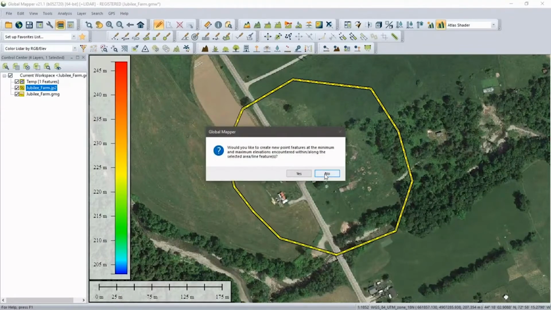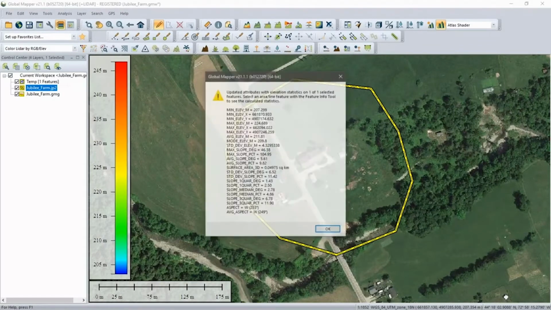And we'll go ahead and look for our maximum points as well. I'll say yes to that. And here is a report on the terrain characteristics. Again, this is useful information. What's my high point? What's my low point? What sort of slopes are we dealing with? This might help in determining the flight parameters that we're going to plug in before we send our drone up